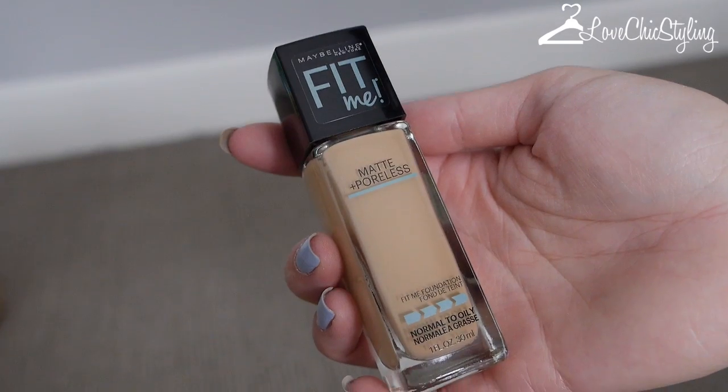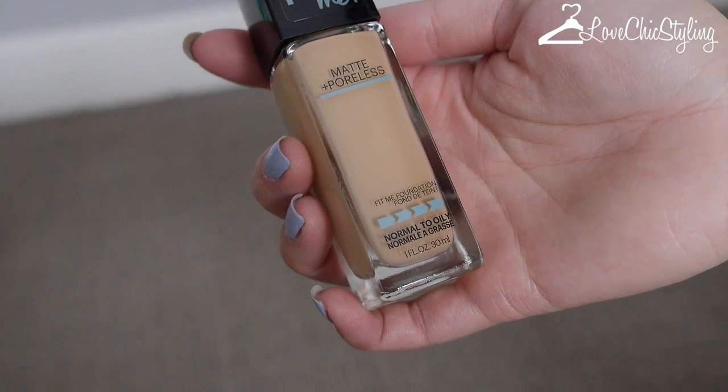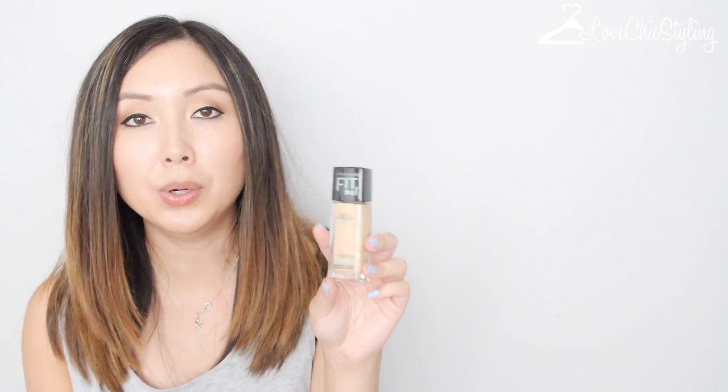I also picked up the actual foundation, and I hope that I picked up the right color. I got it in 128 Warm Nude, so fingers crossed this is the right color. And yeah, I've heard that the matte and poreless line is really good in Maybelline, and I don't believe it's available in Australia just yet, or if it is,